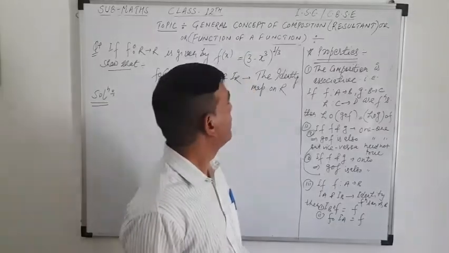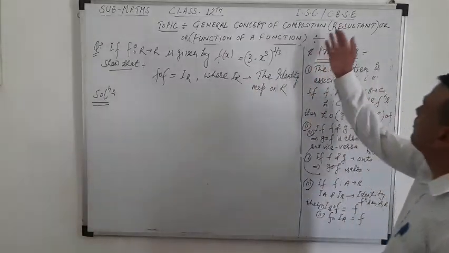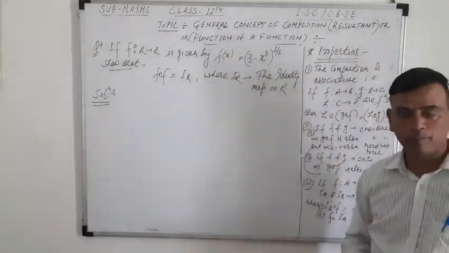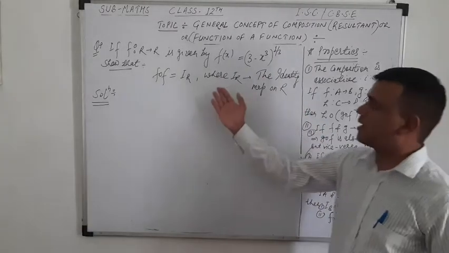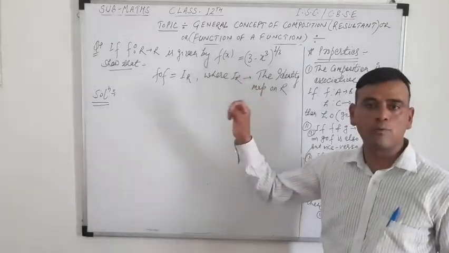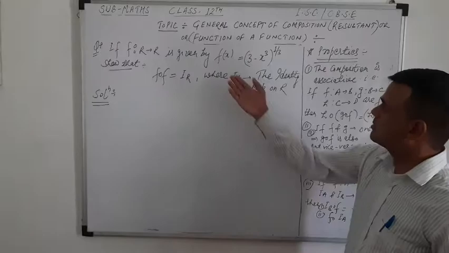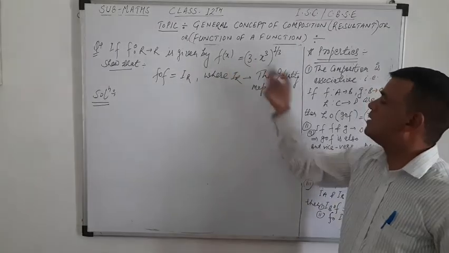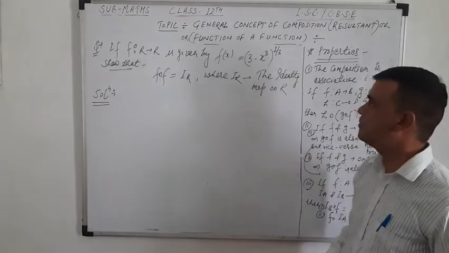Welcome back. We have discussed the composite of two functions, or you can say the resultant of two functions, or you can say a function of a function. So we have another example here, and by this example you can easily understand how we will find out GOF, FOG, or FOF of any given function.